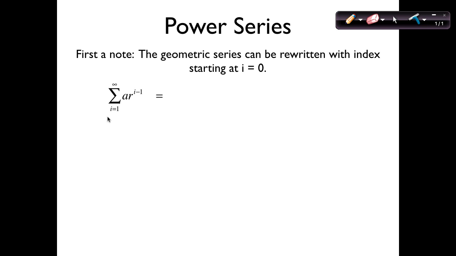Dylan, you're up. That's going to be A plus AR plus AR squared plus AR cubed. So he said A plus AR to the first plus AR squared plus AR cubed. What do you think? Yep. Okay, so what we want to do is,